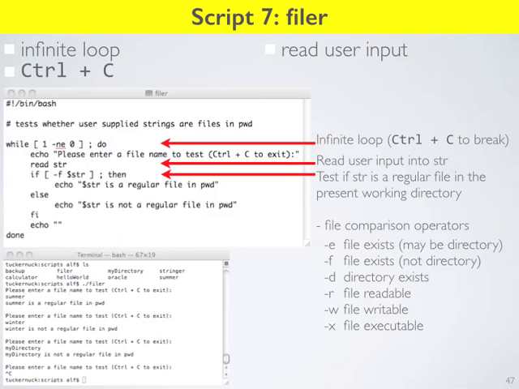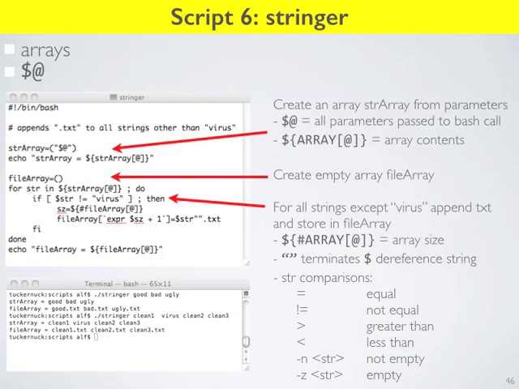Right. What's going to happen is you're going to type something into the keyboard, maybe three things separated by spaces, and then hit enter. Those three words separated by spaces are all going to get stored in str. Then when it tries to find out if that is a regular file, it's going to have word, space, word, space, word, and that's not going to come up as a regular file. So you need to write much smarter code to allow multiple inputs at one time. And you could do that. You actually have the tools to do that, because, just jumping back one slide, you could dump everything into an array, and then you could sequentially test all the elements in the array.